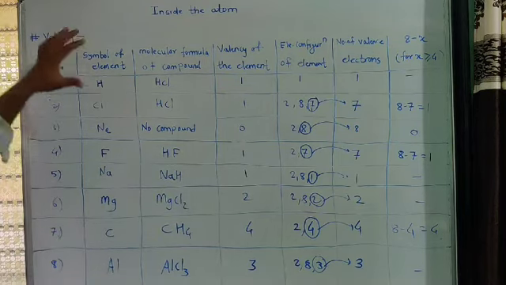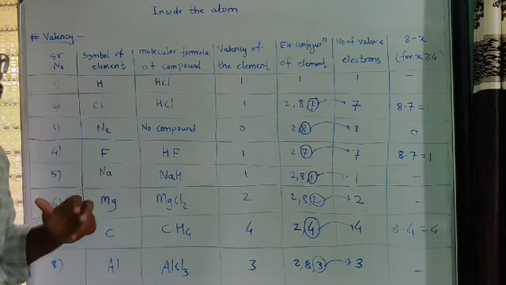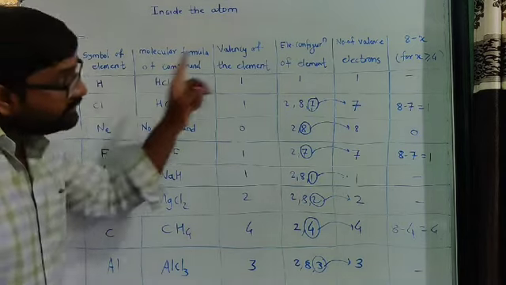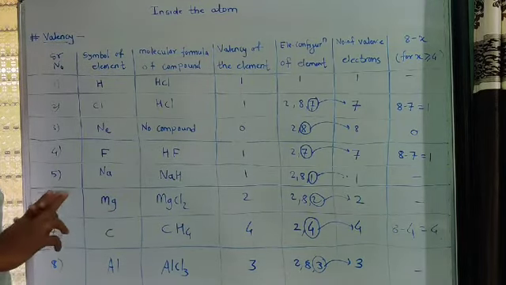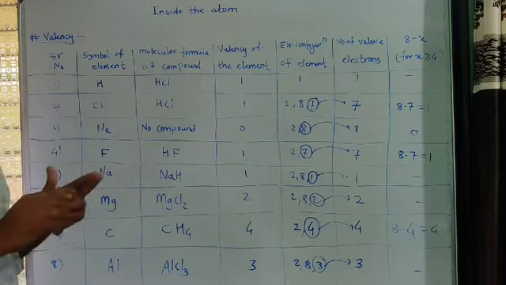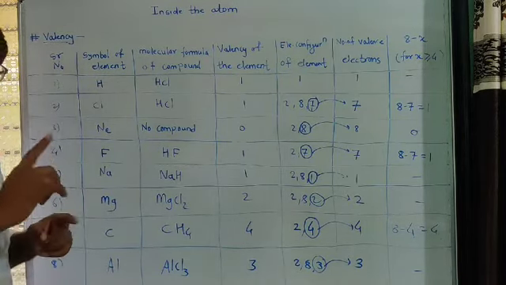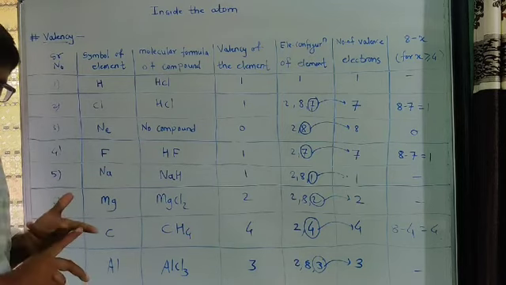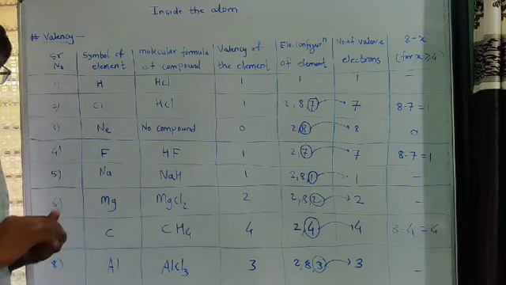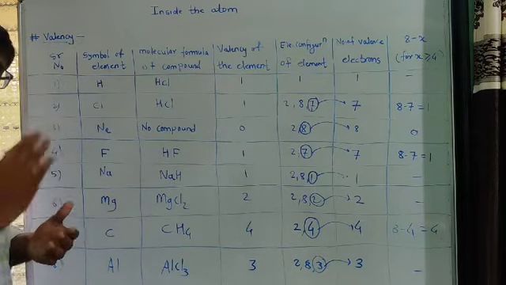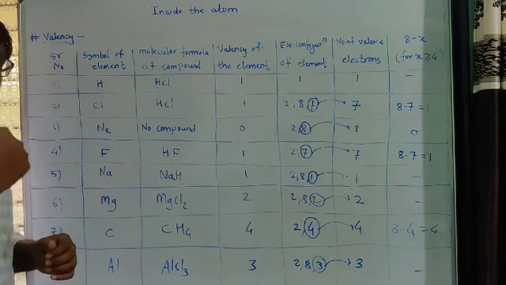First of all, we should know how to calculate the valency of an element. There are two rules to remember. First rule: if valence electrons are less than 4, meaning 1, 2, or 3 electrons,